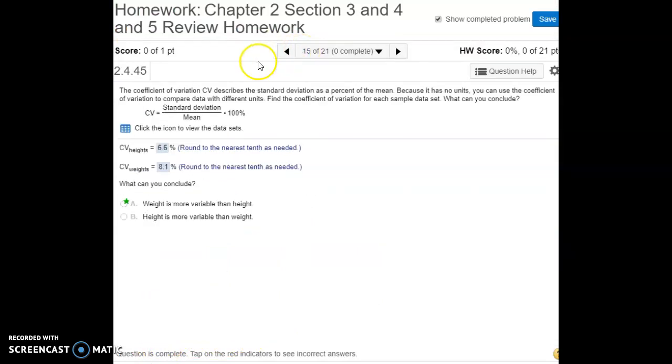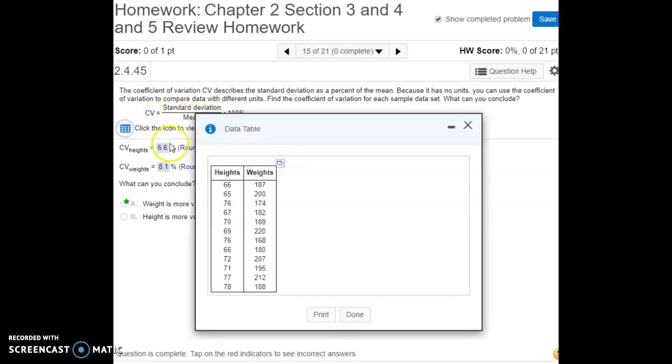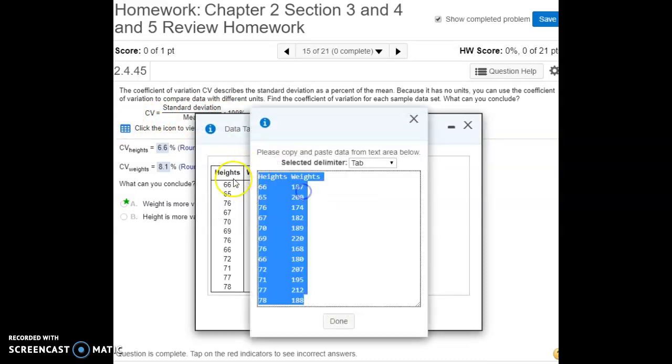15 is about the coefficient of variation, which is a great way to compare data with different units and how spread out that data is. And so what we need to do to calculate it, here's the formula, is find the standard deviation of the data and divide it by the mean. And then we're going to convert that to a percentage. And here's our data. I'm going to copy both or all of it, Control C,